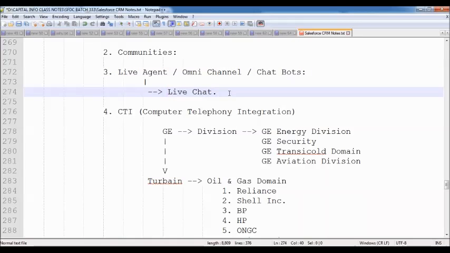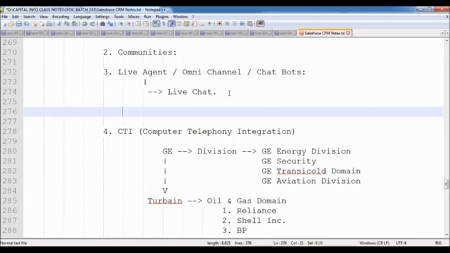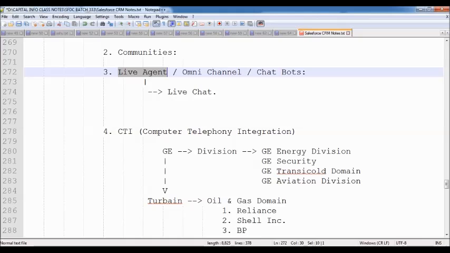So now what is this live agent feature? What is the use of this? Whenever you are facing any problem with the product, and you want the solution 24/7. For example, if you go to the service center, it will be available during service timings only, morning 8 o'clock to evening 8 o'clock. After that, it will be closed. If you are making calls to the customer care, it may not be available 24/7. So if you want to get solutions 24/7, then we can use this live chat feature or live agent. What do you mean by this live agent feature?